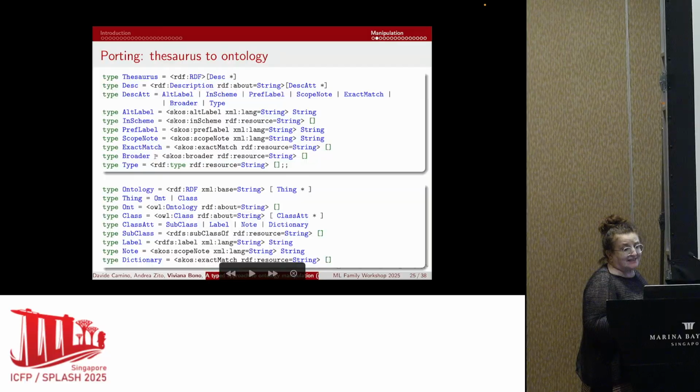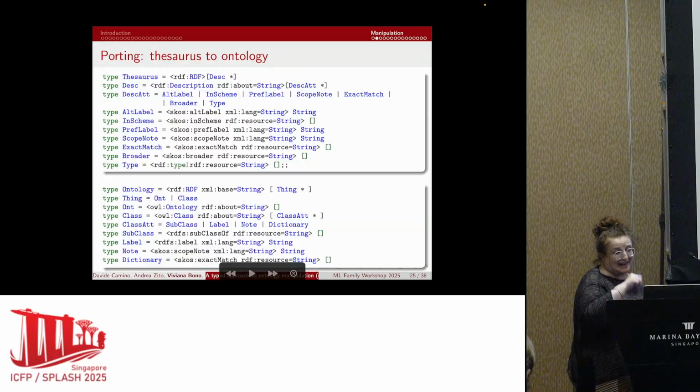Then broader is the superclass, and type is actually the name of the superclass inside